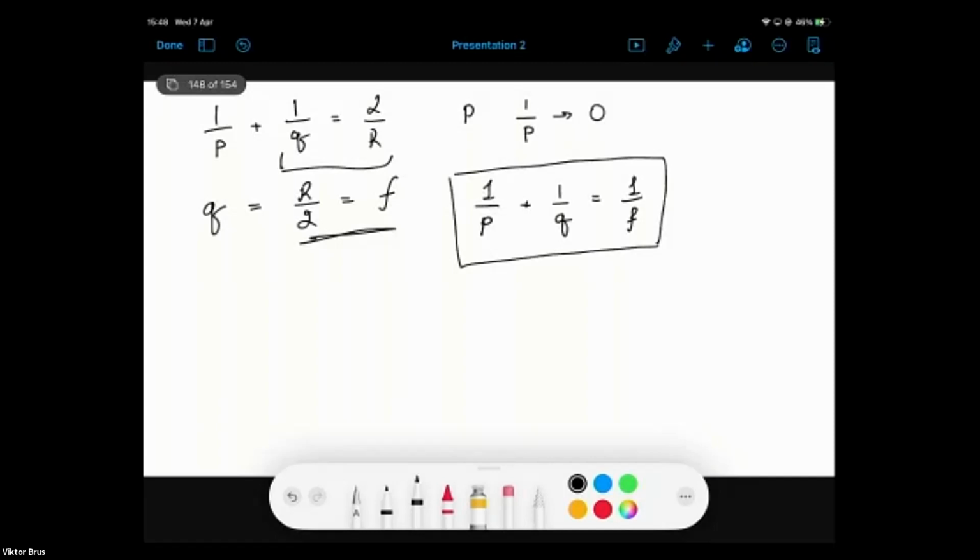The main concept which describes the 3 rays which we consider is: first ray goes parallel to the